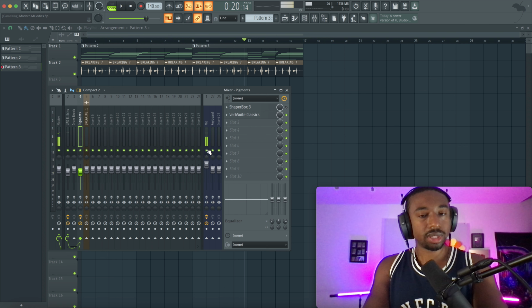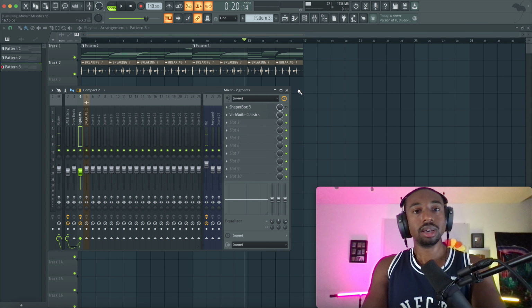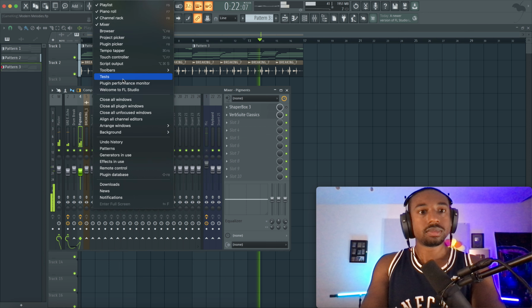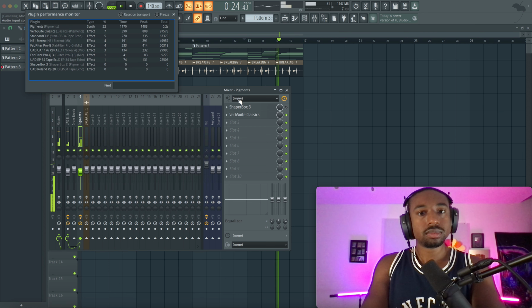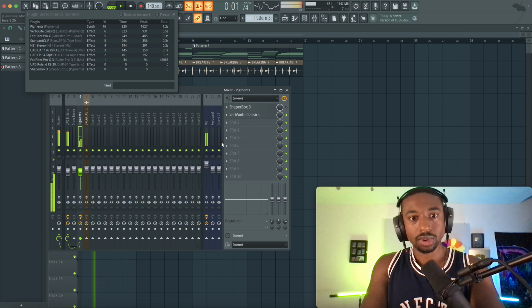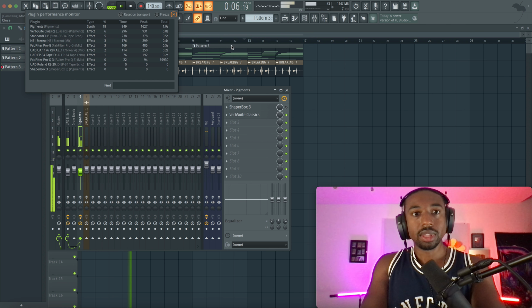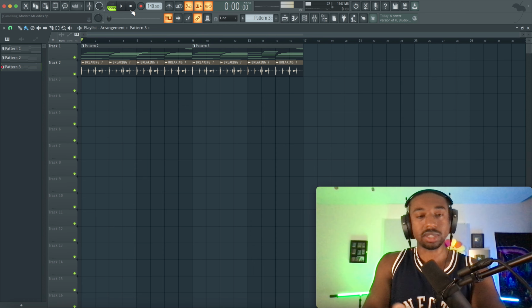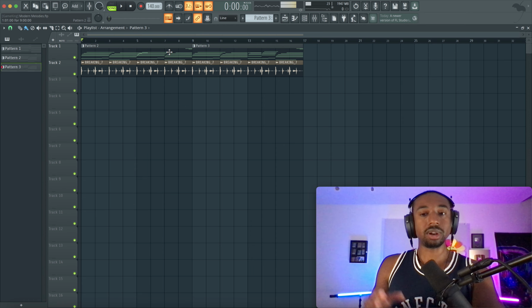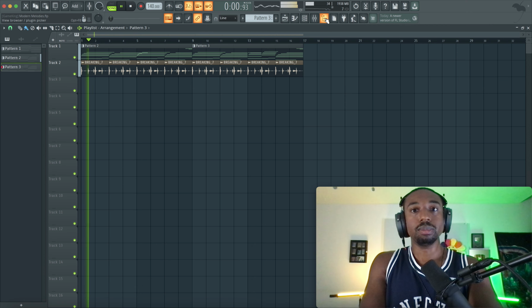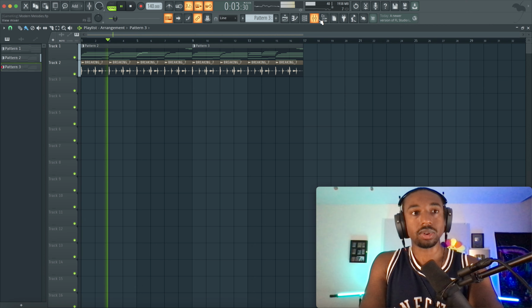Only issue I can see with this, again, is that CPU is really high. Let me see which plugins are causing that though. So it says Pigments is eating up 20% of the CPU right now, which is pretty much a CPU hog. So again, if I was making a beat doing this, it would eat up so much CPU that it'd be hard to make the rest of the beat. So what I would recommend doing is just separating melody making from beat making, unless you have like a supercomputer. But yeah, that's the only issue I have with this. CPU is crazy.